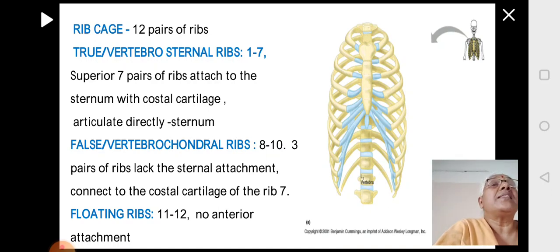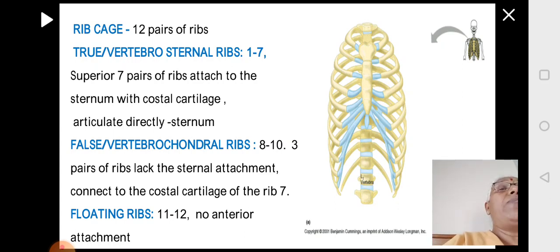So if you see in this picture, the first rib is directly attached, first, second, third, fourth, fifth, sixth, seventh, up to the 7th, the rib is attached to the sternum with the help of the costal cartilage. On the right side, you can see blue colored structures which are the costal cartilage. The first 7 costal cartilages are directly connected to the sternum, whereas the 8th, 9th and 10th, all of them will